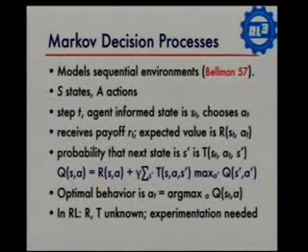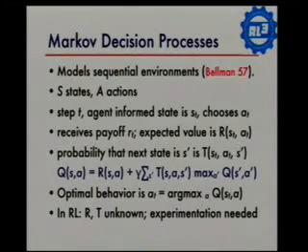We're going to define that as the immediate reward that the agent gets if it's in that state and takes that action. But then it also makes a transition to another state and could get more reward from there ultimately. So we're going to discount the future reward by some factor gamma, and the expected future reward is: we sum over all next states the probability of reaching each of those next states, and then the value of the state that's reached, which in this case is we max over all possible actions, taking the action that has the highest Q value in the resulting state.